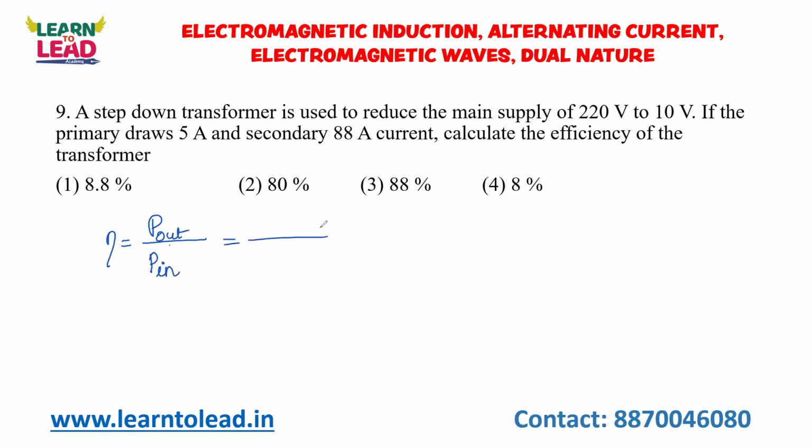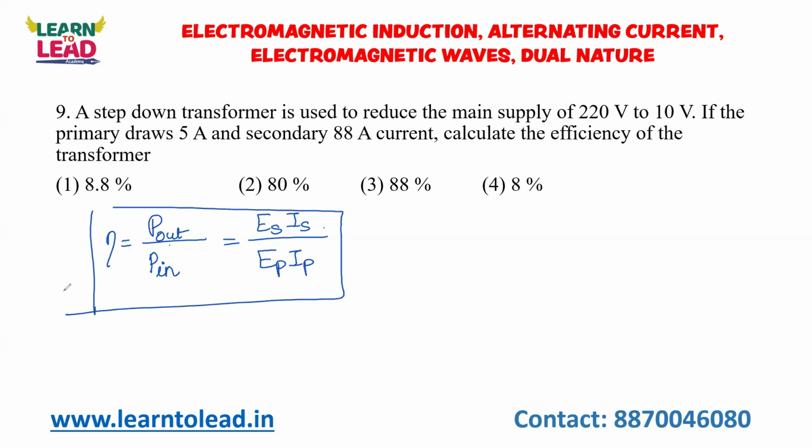Here they have given me voltage and current. Okay? So output is my secondary voltage and current. I use the formula power is equal to VI. And input power is the primary. This is the formula. As far as a transformer is concerned, efficiency is output power by input power. Power is VI, the same formula we studied in current electricity. In case of a transformer, you should take the secondary as the output and the primary as the input. Now efficiency is equal to secondary voltage 10 into secondary current 88,